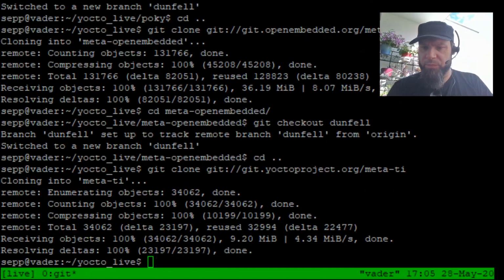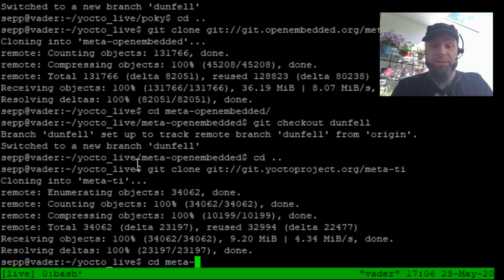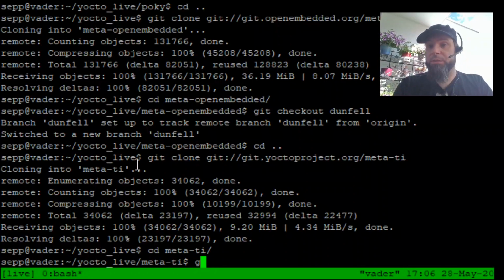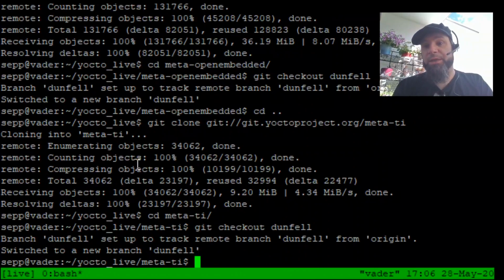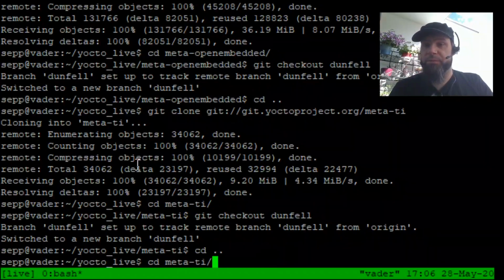I think that's mostly for historic reasons. So we've got meta-ti, git checkout Dunfell, and I just happen to know that meta-ti